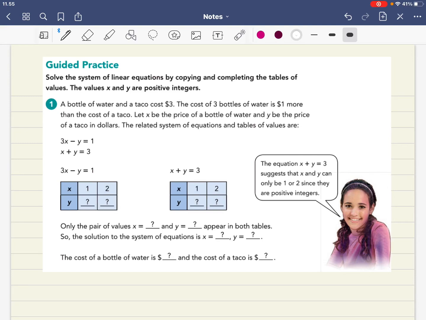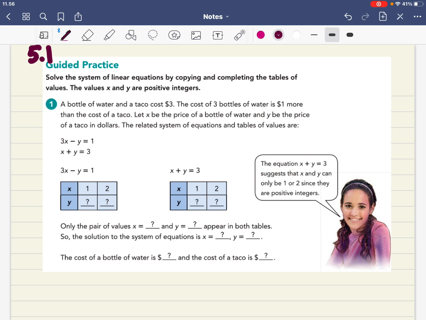Hey, grade 8, so we're going to talk about 5.1, which is the system of linear equations. So today we'll talk about unique solutions and what system of linear equations are. So the simplest thing that you can take away from system of linear equations is that we're used to having